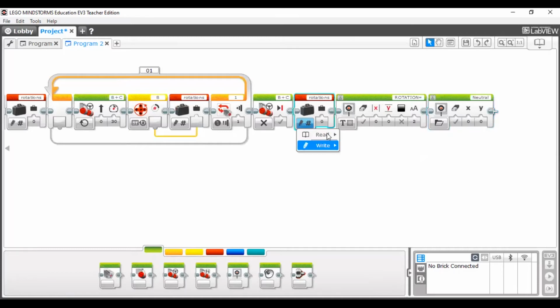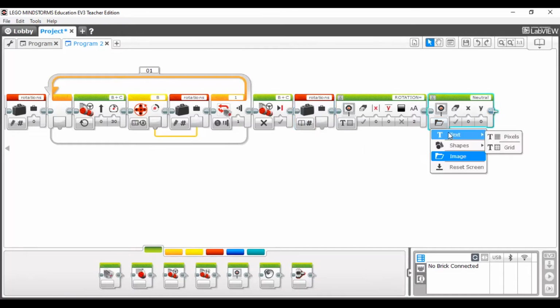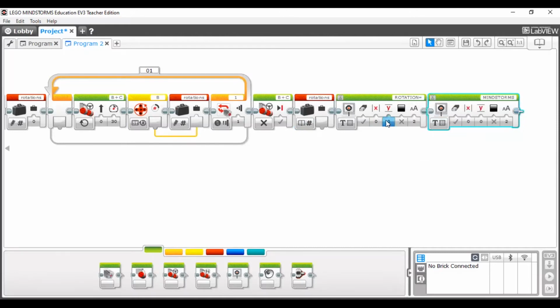Now here, make this one read, because we are reading the value, how much is stored in the rotations. And before this one you need to make it text here. Okay, now here make it y equal to 6 or something, because here rotation equal to, after that we need to show the value. So that's right. Now you can keep this one. Now it will show rotation equal to 5. If you want to display your values a little bit further, you can make it here x equal to 6. You can make the y value a little bit less, then it will come to the middle. Okay, so this is the thing.